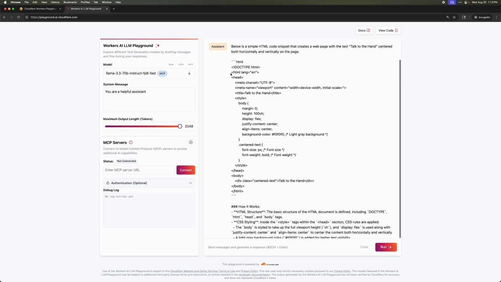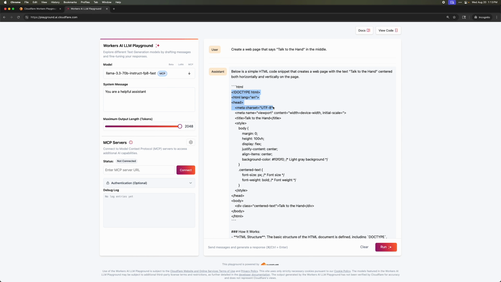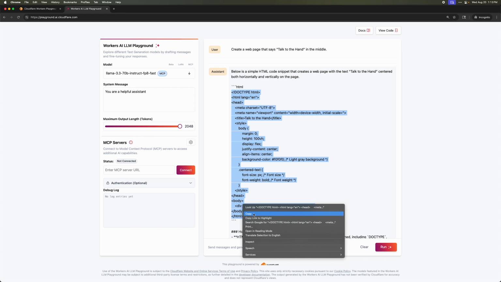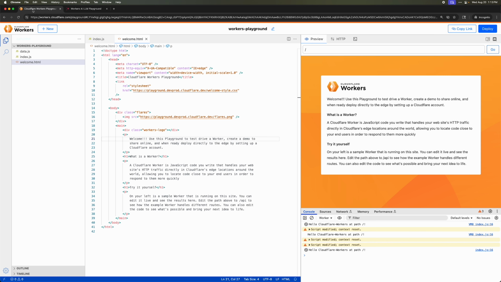So I'm gonna go ahead and I'm gonna click in here. I'm gonna select this HTML. I'm gonna highlight it like this. And then I'm going to right click and choose copy. Or I'm going to do Command C, and then I'm going to pop over to here, and I'm going to